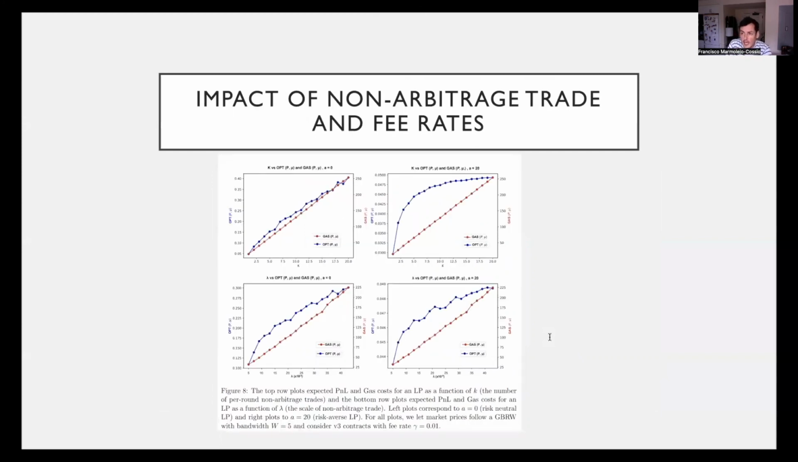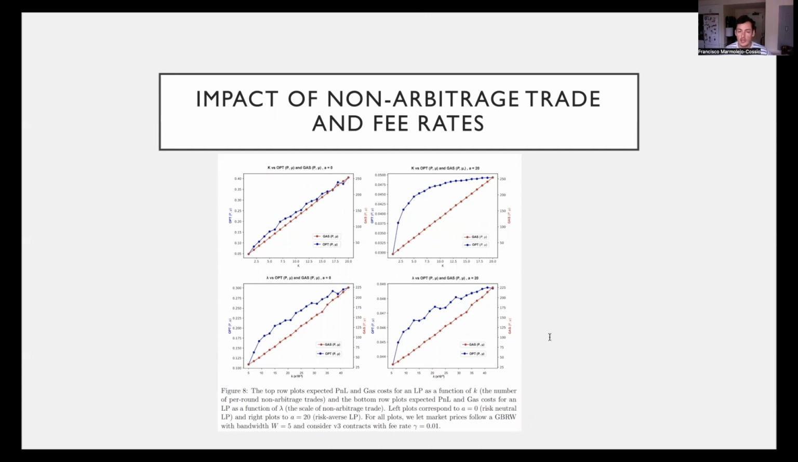The model that we had for contract market price dynamics, remember, had non-arbitrage trade and arbitrage trade. And at the end of the day, non-arbitrage trade is a large part of where the fees actually come from for liquidity providers. And so in these graphs, there are two parameters that contribute to non-arbitrage trade, namely the quantity of non-arbitrage trades and the magnitude of each of these. And what both of these show is that